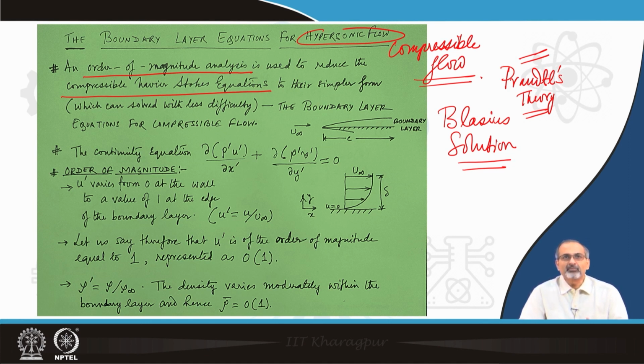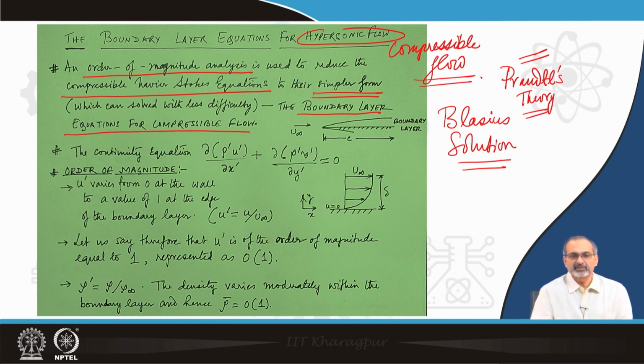And in the compressible Navier-Stokes equations also, this order of magnitude analysis plays a pivotal role, and the main intention is to reduce the governing equations to the simpler form, which we call the boundary layer equations for compressible flow. And why we are interested to derive such an equation is because it can be solved with much less difficulty. The trends and patterns can be derived out of such a solution much more easily than solving the complete